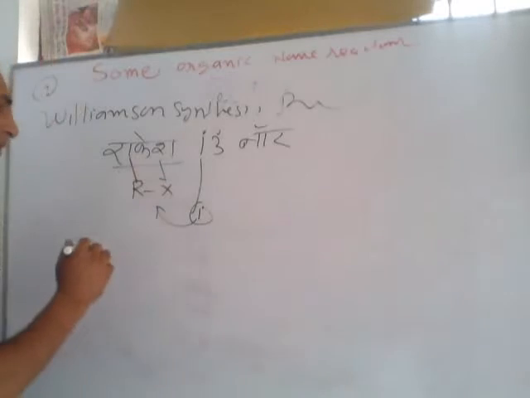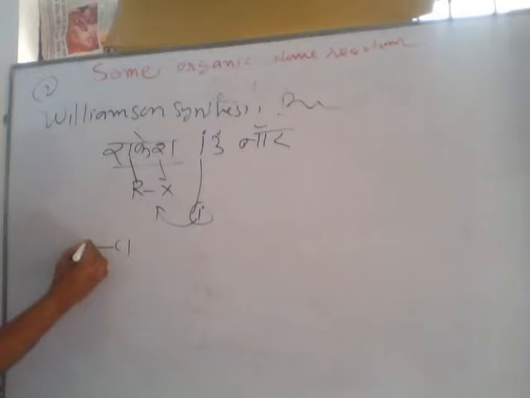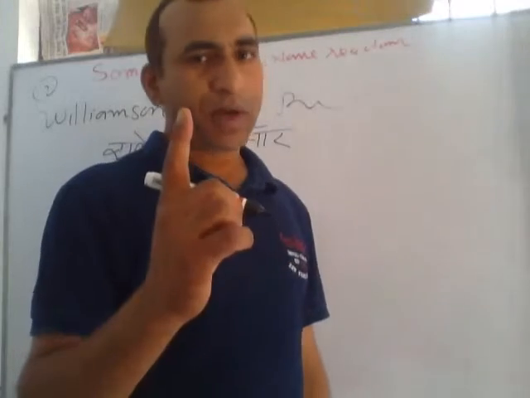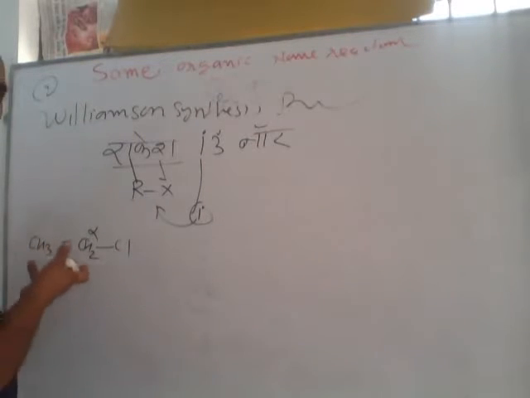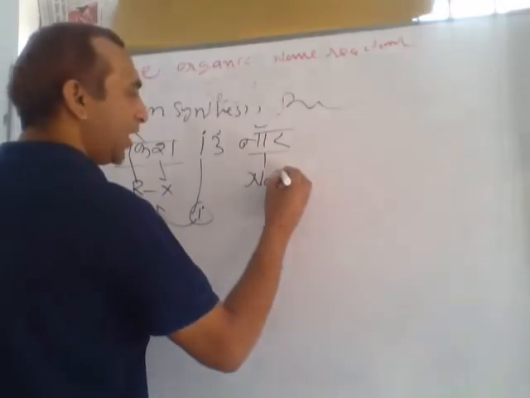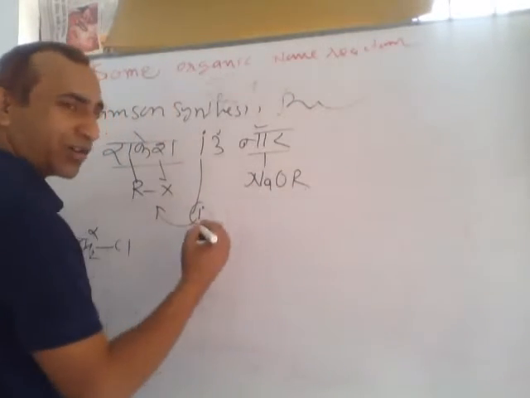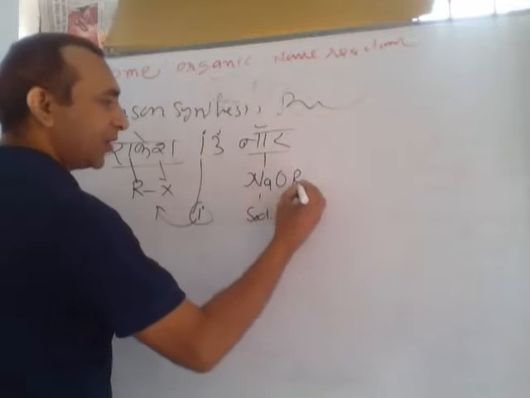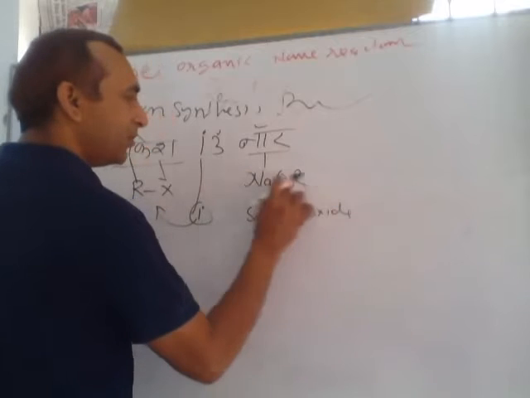Do you know primary? Primary means this is the functional group, and from the functional group there is the alpha carbon, and from the alpha carbon there should be beta carbon 0, otherwise 1. Suppose I am using here CH3CH2Cl. This is chloroethane, ethyl chloride. This is primary RX. Then NOR means NaOR. NaOR is sodium alkoxide: sodium, R is alk, and O for oxide. So this is called sodium alkoxide.